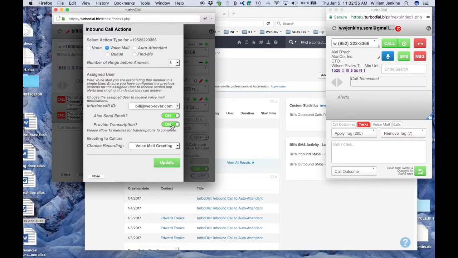note records. I'm going to choose, I want to have a transcription created for these voicemails. And note that although these transcriptions are usually available within about a minute, it might take 15 minutes for them to arrive. And then lastly, I want to have a greeting. This is the message that gets played to a caller when voicemail picks up. And this greeting I've already created is in my list of recorded messages, and it's called voicemail greeting. So now when I click the update button, I've got voicemail set up for this number,